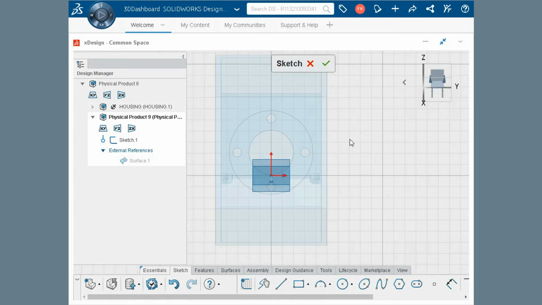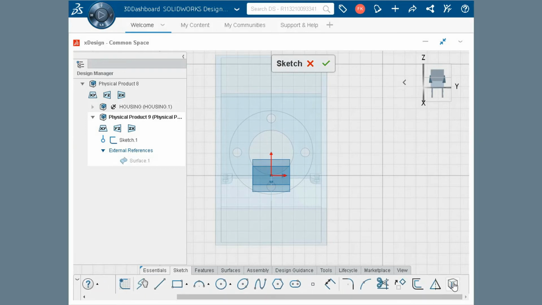We'll create external references to edges of the housing model using Convert Entities. We'll select a face, which converts all the edges of the face to sketch geometry. You can also select individual edges. The conversion has generated more geometry than we need, so the options are to delete it or convert it to